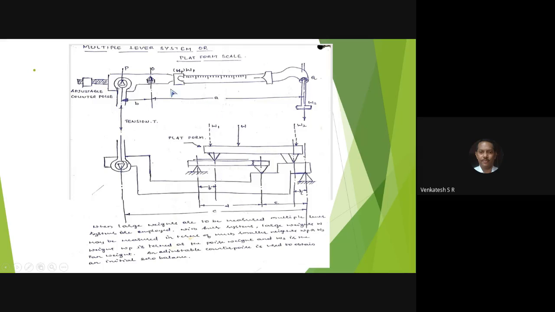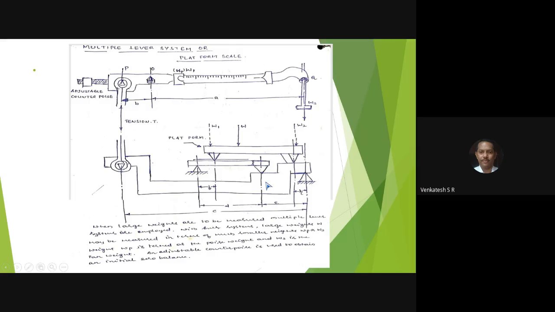So what are the things present here? First, this is the beam, and at the backside there is an adjustable counterpoise. This is required to make the instrument read zero, that is null balance, and this end is connected to the tension rod. One end of the tension rod is connected to a big lever at the bottom, and this lever is hinged at one point. And again, this lever is connected to one more lever, which is hinged at one point, and the other end